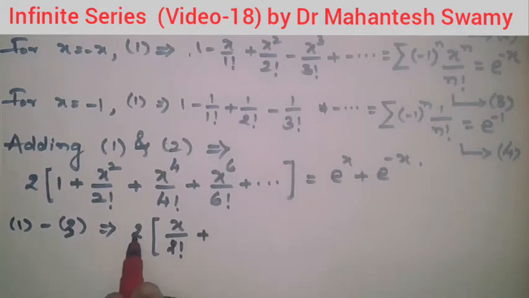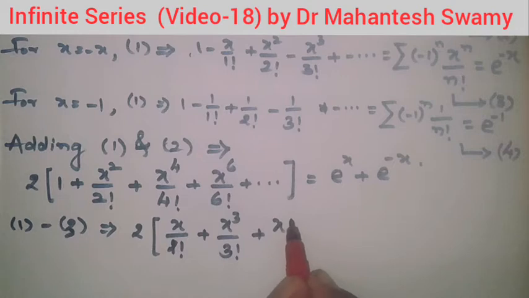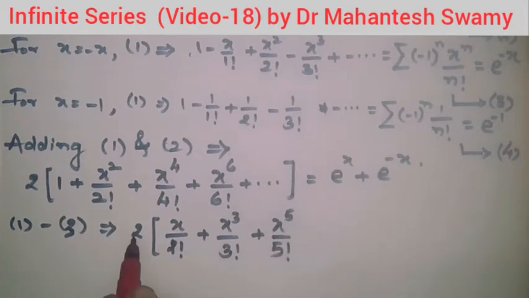So 2 has been written outside. Similarly, we will be having x to the power of 4 divided by 4 factorial cancelling out, and the next term will be x to the power of 5 divided by 5 factorial added 2 times. So like that we will be having only odd powers of x divided by that odd number factorial plus dot dot dot on LHS,